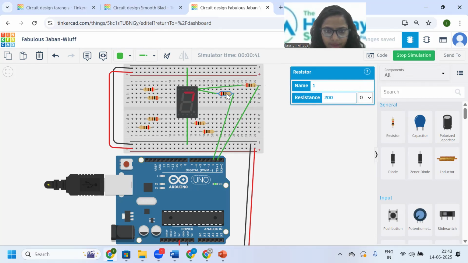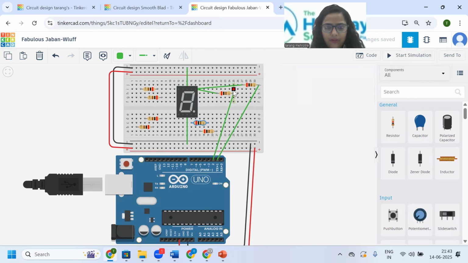Okay, so now we have to bring it here. I'm just making it here so that we have space. Okay, it is working fine, right? Now we will bring this one and we need to connect it to,